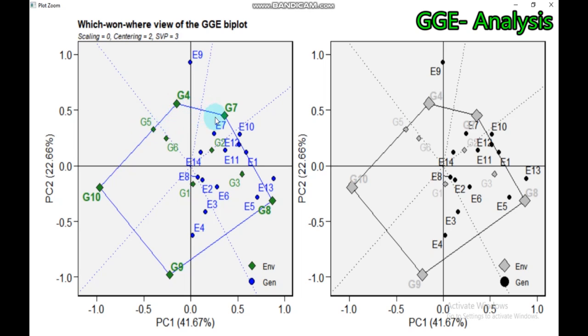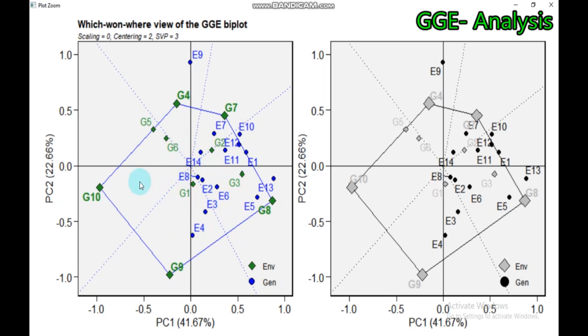So here G4, G7, G8, G9, and G10 are the furthest located from the biplot origin. So no other genotype is furthest from this genotype. For example, G9, if you compare G1, it's not furthest from the origin. And if you compare G6 with G4, it's not furthest like G4. So these are the furthest genotypes located from the biplot origin, so that all the other genotypes are contained in this